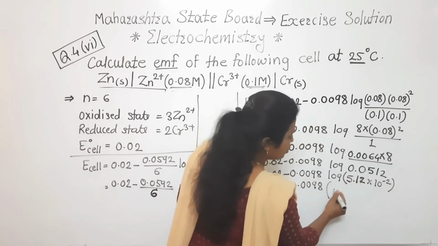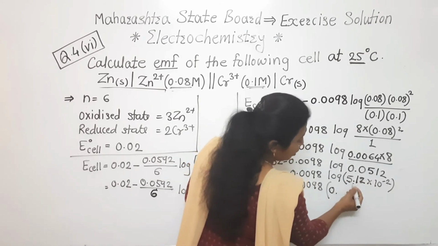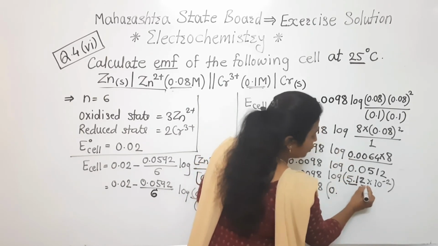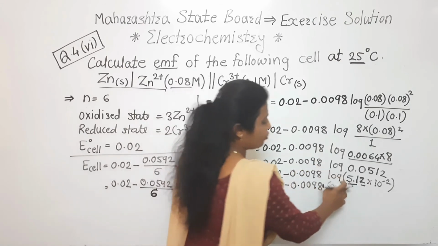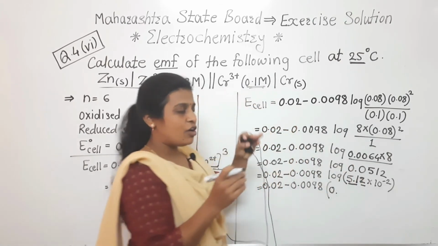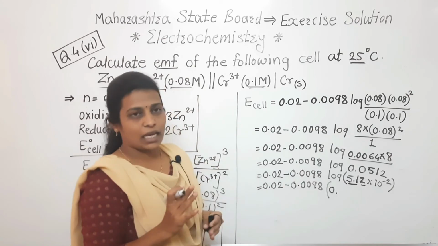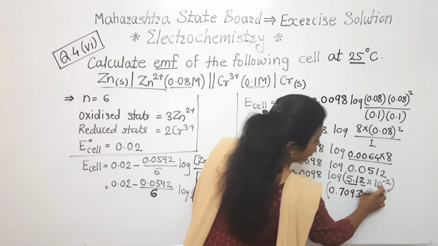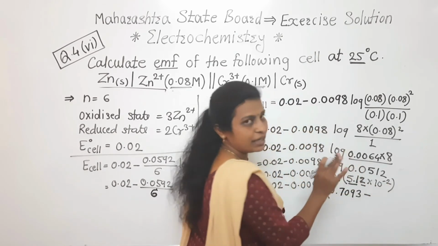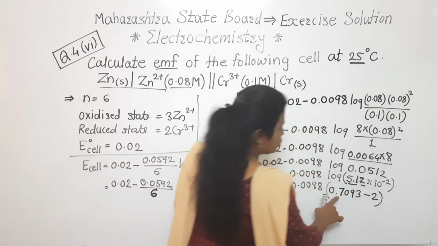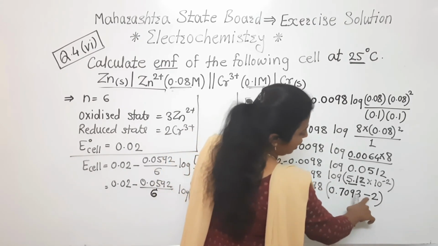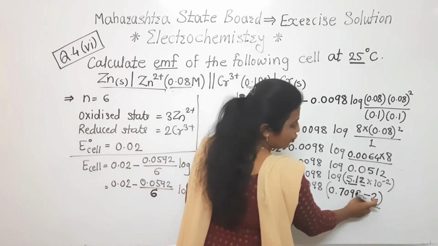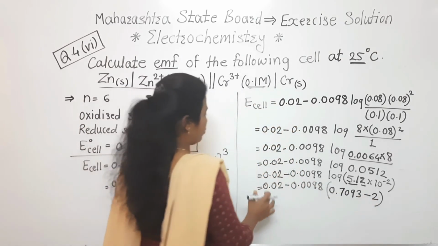For that, the characteristic will be 0 point. When we want to see the log, at that time we have to make groups: 51 as one group, and 2 as another group, meaning we check the log value in row 51 and the second column, and that value is 7093. 10 raised to minus 2, that will remain minus as it is, and 2 will be here. So this value carries a positive sign and this one carries a negative sign, meaning subtraction will be there. The bigger value is 2, so it will carry a negative sign.